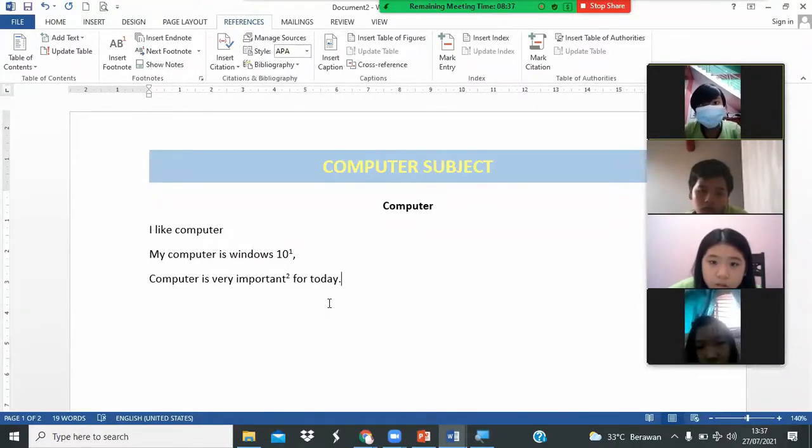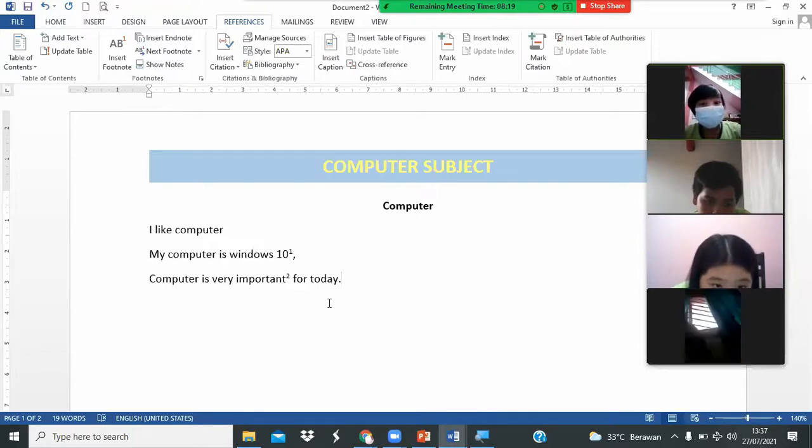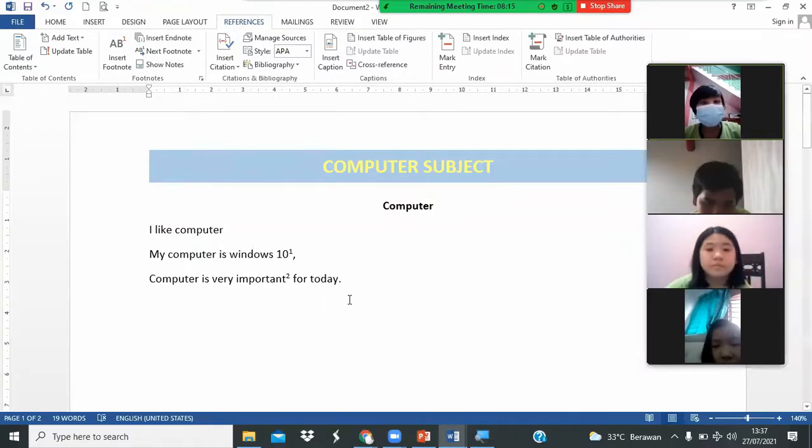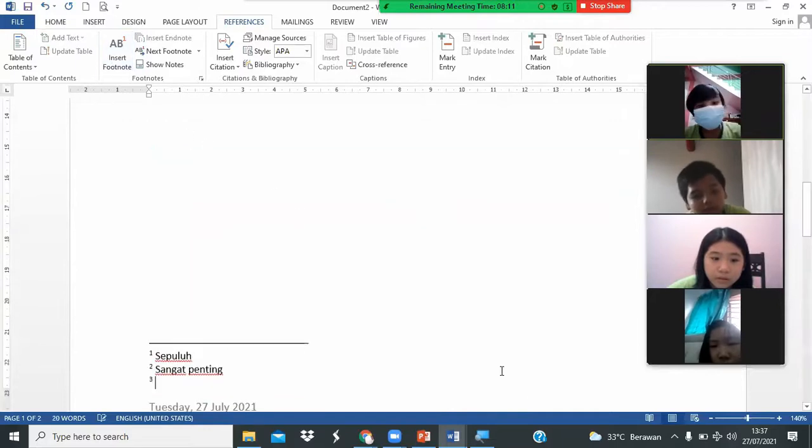Sir, why number 1 in the 10 and the important number 2? Yeah, because according to the line, look at the line. The line number 1, I like computer. Number 2, my computer is Windows 10. And number 3, computer is very important. So according to the line, yeah. If we make here, yeah, look at number 3.